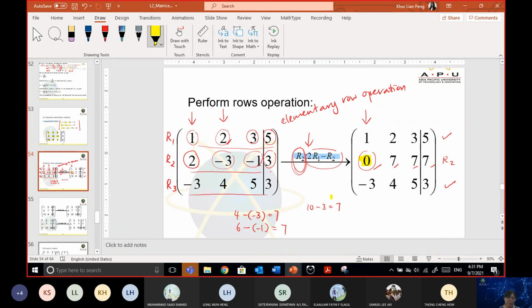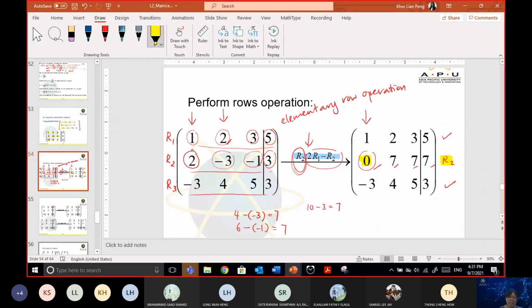We are making this to 0. Okay, so is that clear so far? The row operation and how we get the value for the second row? Miss, can you repeat it, please? Okay, so can you see